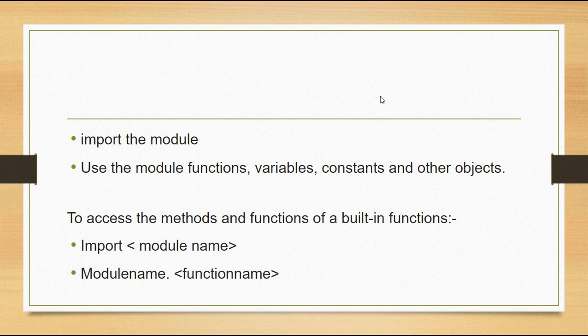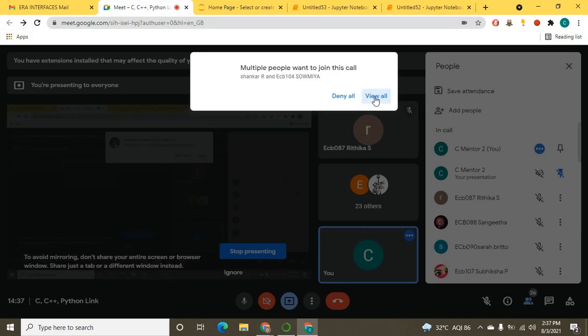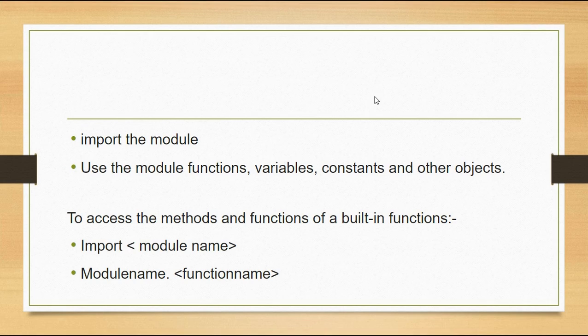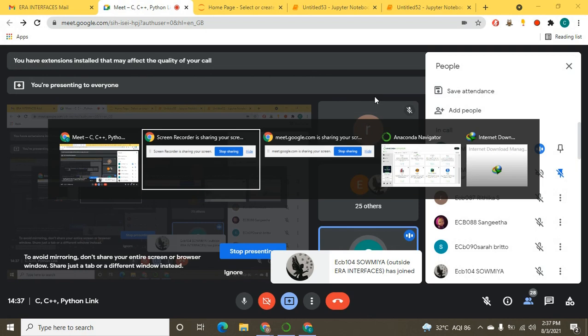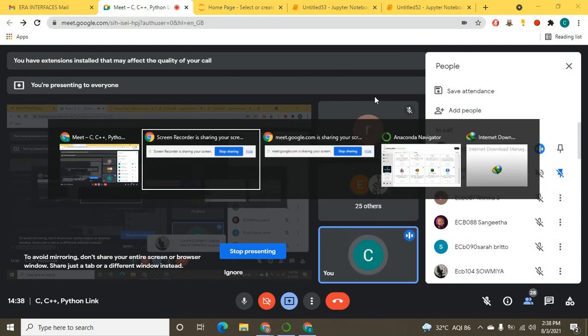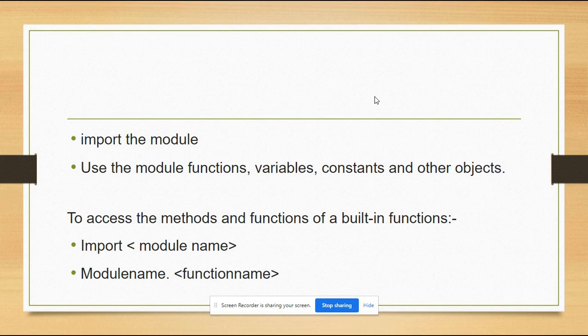So first you have to import that module, and you must know the module name in which we have our methods and functions. So what methods are there in the math module, and what methods are there in the statistics module, random module, and calendar module.